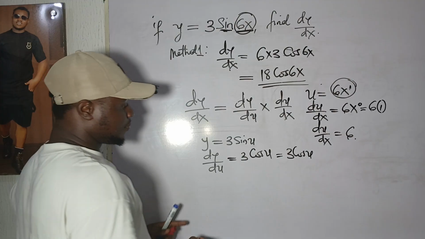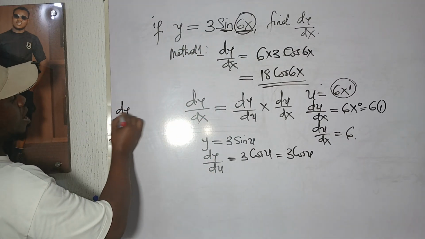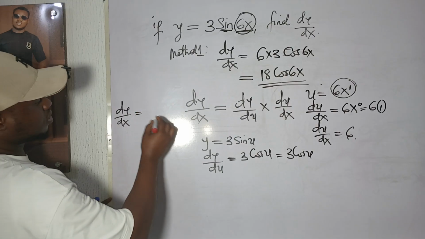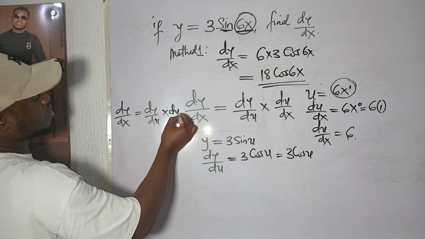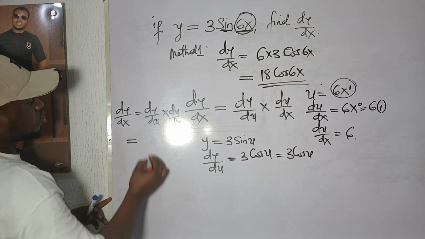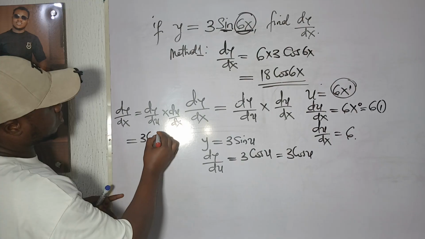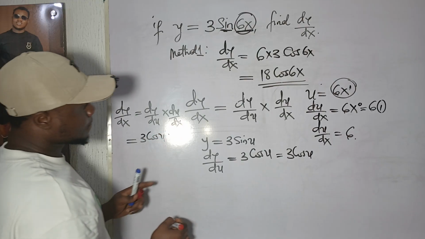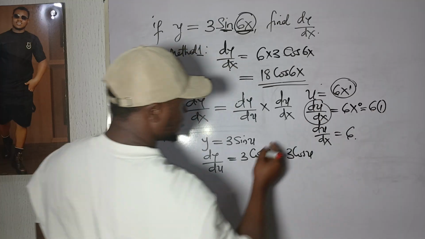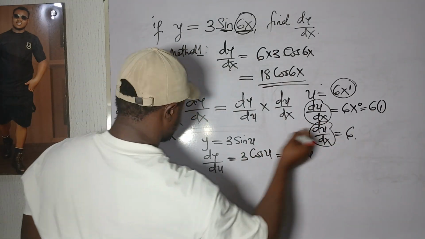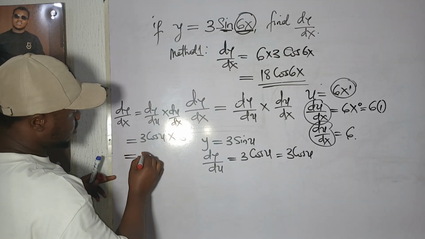Okay, now how do we find dy/dx? Remember our formula. The formula says if you want to find dy/dx, it is going to be dy/du times du/dx. So what is dy/du? dy/du is 3 cos u, multiplied by du/dx. What is du/dx? We have it as 6. Okay, so this multiplied by this will give me